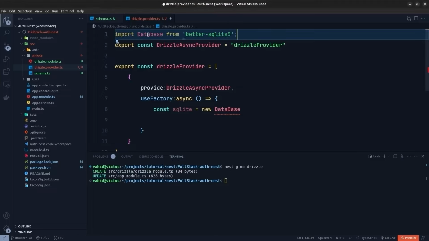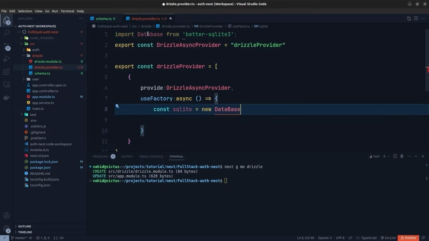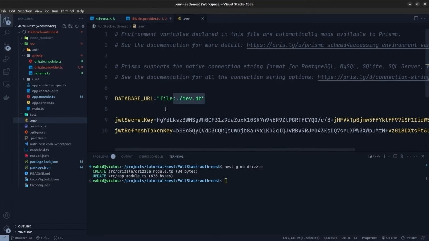and now let's import Database from the better-sqlite3 module. So here I'm going to say import Database from better-sqlite3, but importing the Database class from better-sqlite3 will give us an error at runtime. I will show you how I can fix this with a simple trick. So now let's go ahead just like this, and here inside the Database we should set the path of our actual SQLite database. So in order to do that, I'm going to go ahead and create a variable inside our